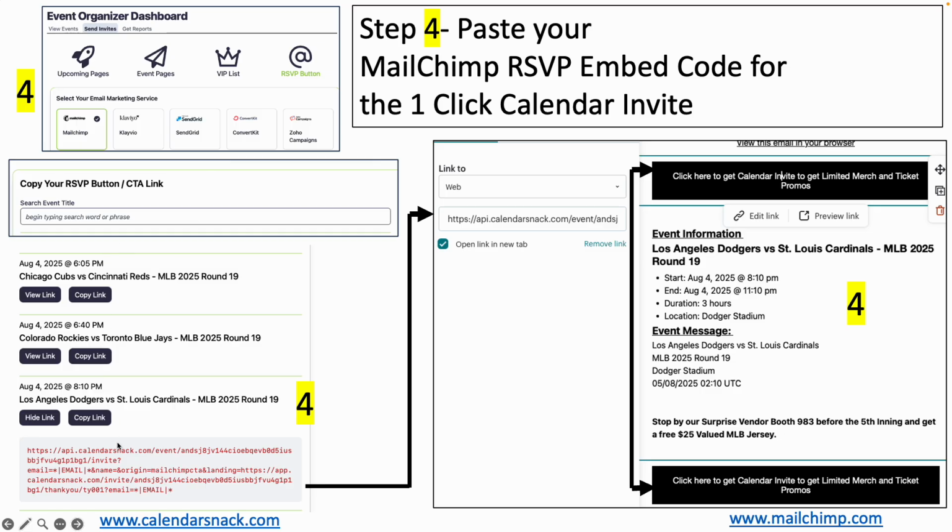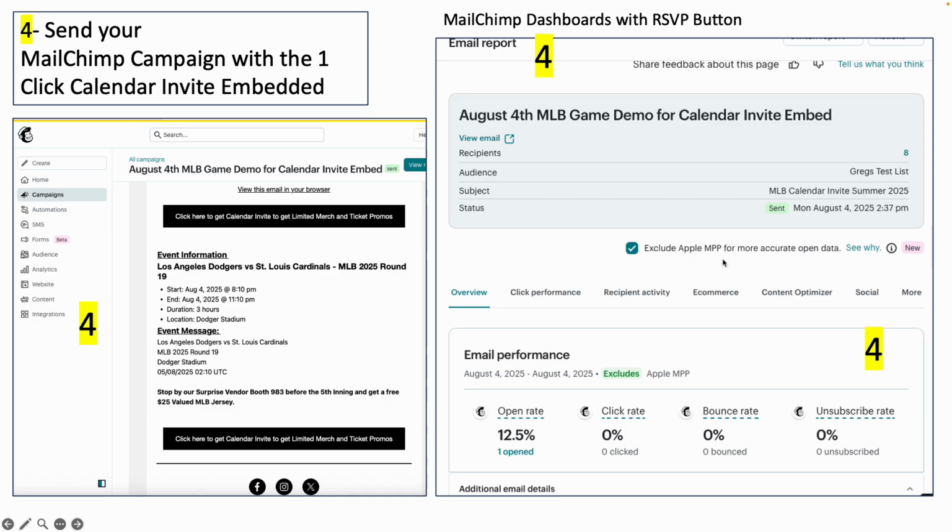You're going to go down through your events. If you have multiple events, you'll just pick one in your selector under RSVP button, which I did here. I grabbed the code for MailChimp and inserted it into a MailChimp campaign. There are two call to action buttons here. And when it got sent out, as I show you here in the dashboards for MailChimp, I sent it out,